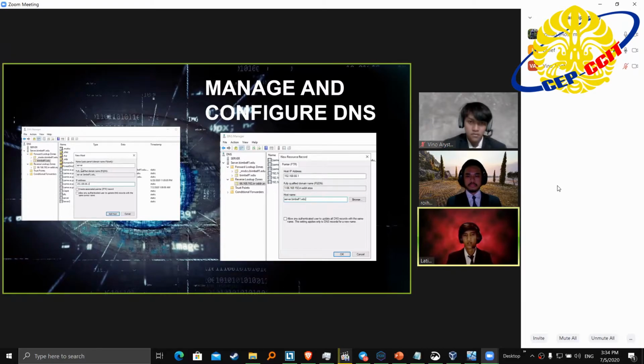Here we give the hostname as server and input the IP address that we want to create in DNS. And then on the right picture is creating a pointer of a hostname that already exists in the reverse lookup zone. Reverse lookup zone is the reverse of the forward lookup zone, that is for translating IP address to hostname. Here, input the IP address and hostname that match the domain name used when creating the previous host.